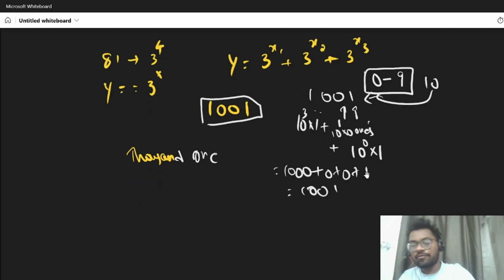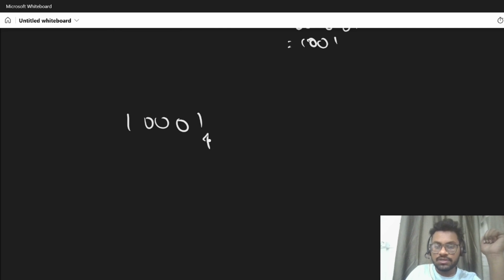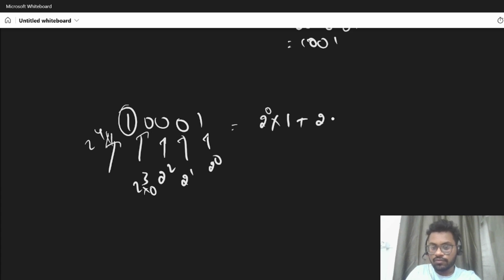In the same way, in the binary system, suppose we have 1001. This is the 2 power 0 place, this is 2 power 1, this is the 2 square place, this is the 2 cube place, and this is the 2 power 4 place. If we have a 1, then we multiply it by 1. If we have a 0, it doesn't add to the summation. So we are representing the solution in terms of 2 power 0 times 1 plus 2 power 1 times 0 plus,